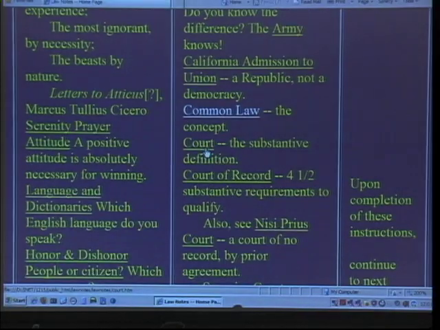A court is technically defined as the person and the suit of the sovereign. That's the technical definition that you'll find in the dictionaries, and it's listed under international law. But that's how a court gets started. It's probably easier to understand what a court is if you put your mind back to the 16th century when the king or the queen was sitting on the throne and had this court full of courtiers, the people who gravitate to the center of power. So this is what a court is.